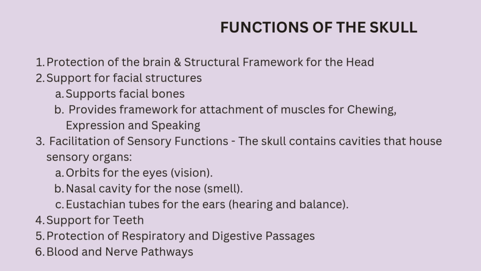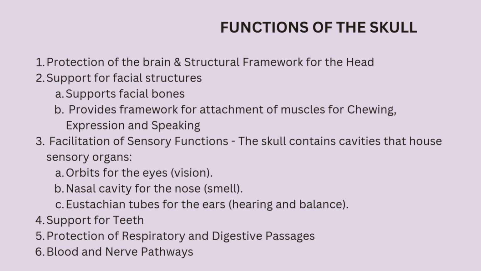Then the skull contains various foramina. Foramina are the different openings. Through these openings, various blood vessels and nerves pass, and they supply blood to the brain, face, and the neck. These openings ensure that the communication between the brain and the other parts of the body happens